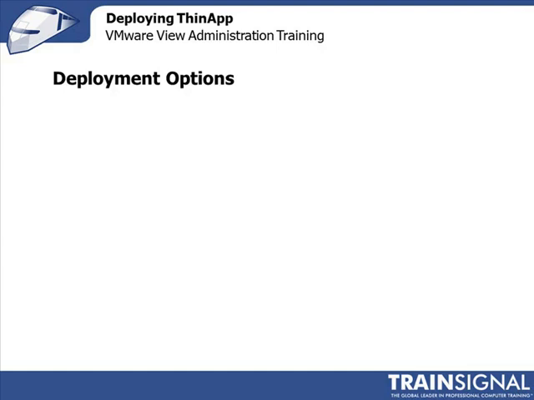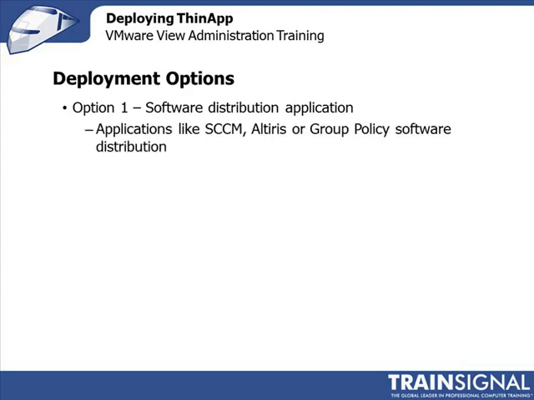Now that you know the basics of how ThinApp can be deployed, let's talk about some of the options you have for allowing users access to these packages. The first option is to use a software distribution application. These are applications like System Center Configuration Manager, Altiris, or even just Active Directory Group Policy software distribution. All of these will utilize the MSI package that automates the process of copying and registering the package on the